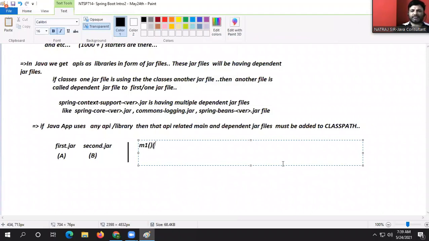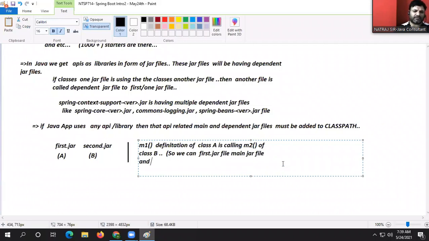The method definition of M1 in class A is calling the M2 method of class B. So we can say first.jar is the main jar file,